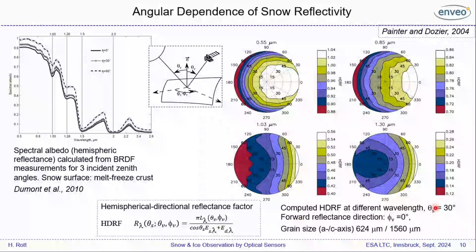And here we assume a direct solar irradiance. In these examples we assume 30 degrees theta s, and the forward direction is the azimuth angle 0. Okay, this is forward direction,